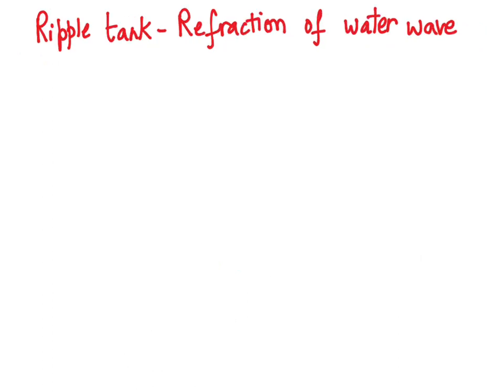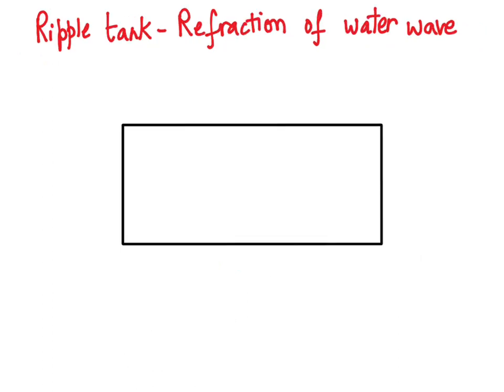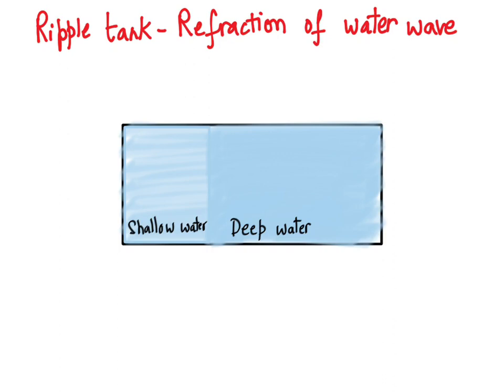Next, we can look at refraction of water wave. So let's say we have got a ripple tank with two different depths. One side you have shallow water, that means less deep, and the other side you have deep water, that means more deep, the depth is more. So when the wave travels from the shallow water to the deep water, it will bend as shown in the diagram,